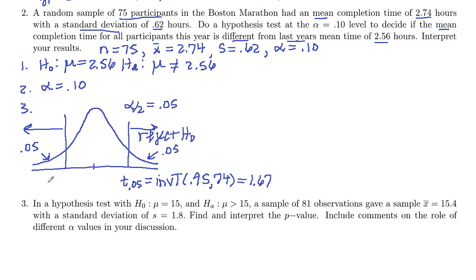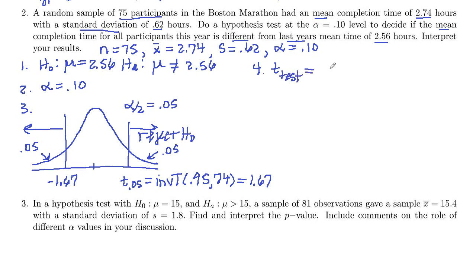And then over here, this will be negative 1.67. So if our test statistic is bigger than positive 1.67 or less than negative 1.67, then we will reject the null hypothesis. And then step 4, we calculate our test statistic. So t-test